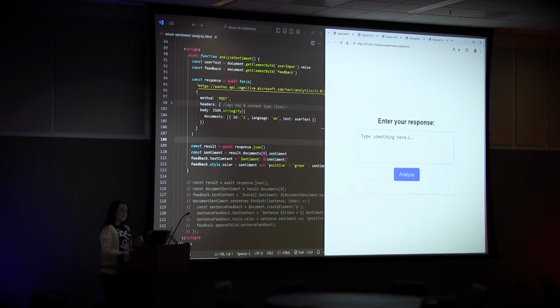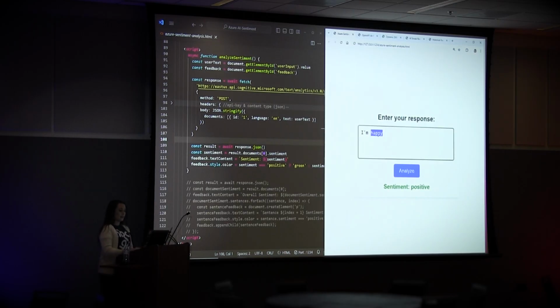Okay, so as we can see, this app is pretty straightforward, a very simple UI. I didn't do a lot of styling. It's just a text area and a button to analyze the text sentiment. First, I'm going to put something positive in, like, I'm happy. Okay, let's see what it says. Sentiment positive. Good, so it's able to detect positivity. I'm mad.